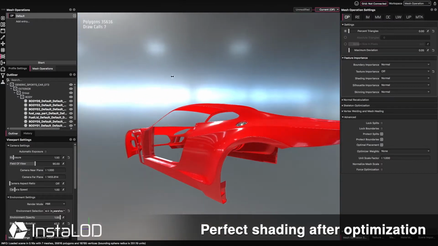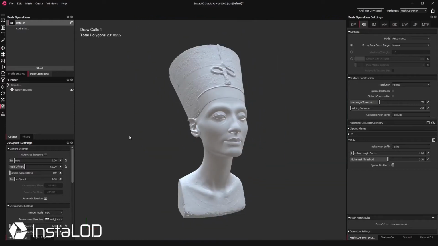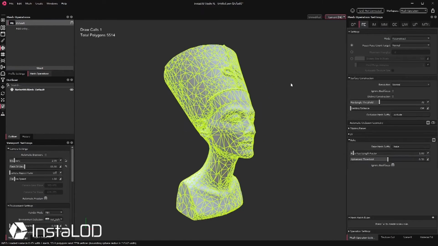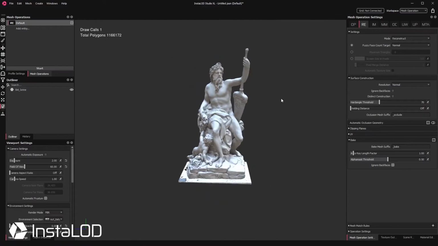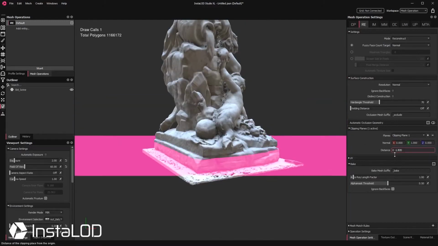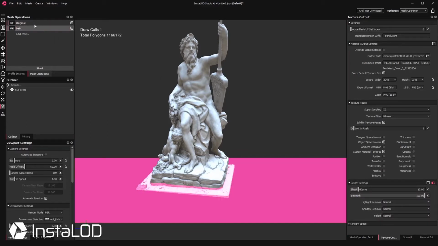polygon reduction required. InstaLOD's multi-resolution remesher is fast, memory efficient, and can easily handle large datasets with multiple millions of polygons. In the reconstruction process, broken geometry is fixed, UVs are generated, and textures are automatically baked in a single step. InstaLOD's sophisticated baker is capable of generating textures of up to 32K with access to a large texture stack,